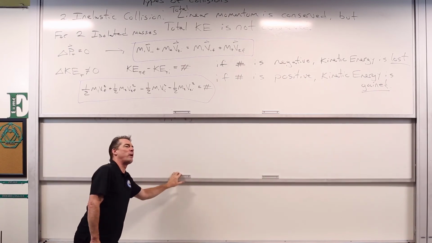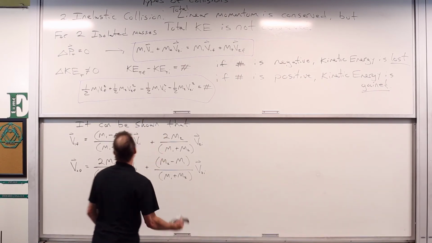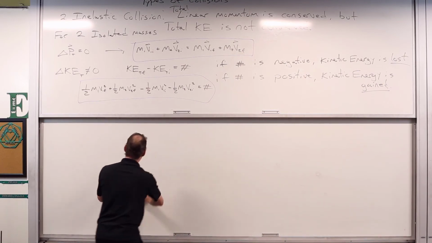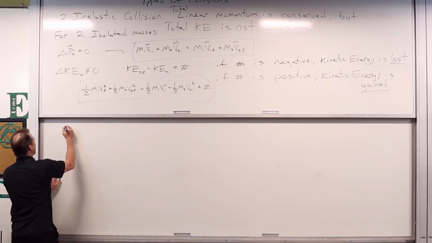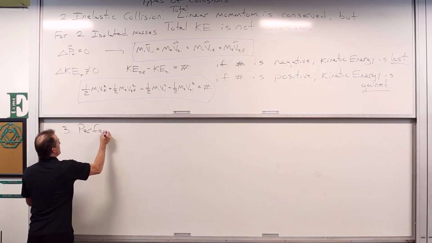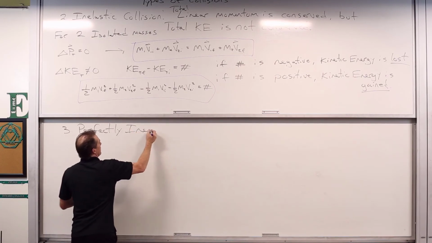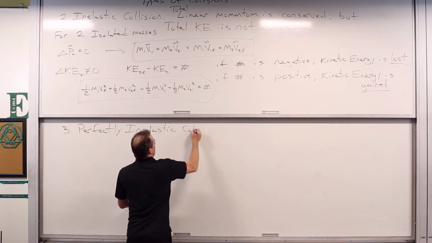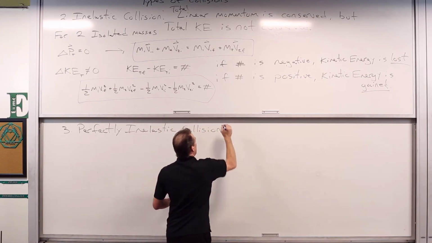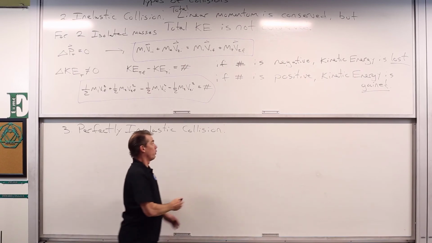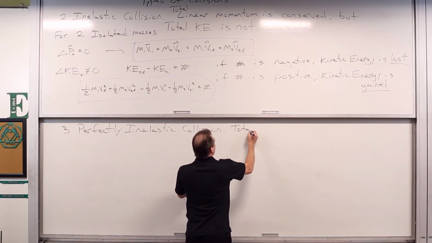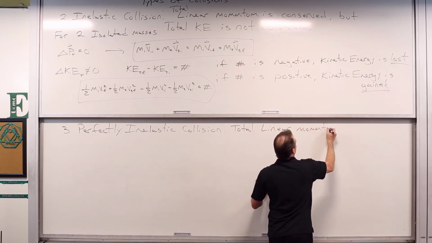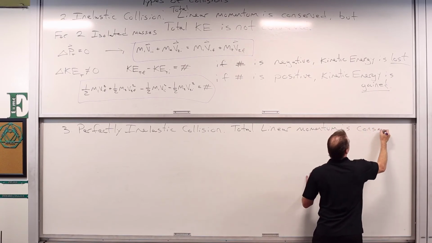Lastly, we have what is known as a perfectly inelastic collision, because it's just perfect, of course. What does that mean? Well, let's look. Number 3. We have conservation of total linear momentum. Total linear momentum is conserved,